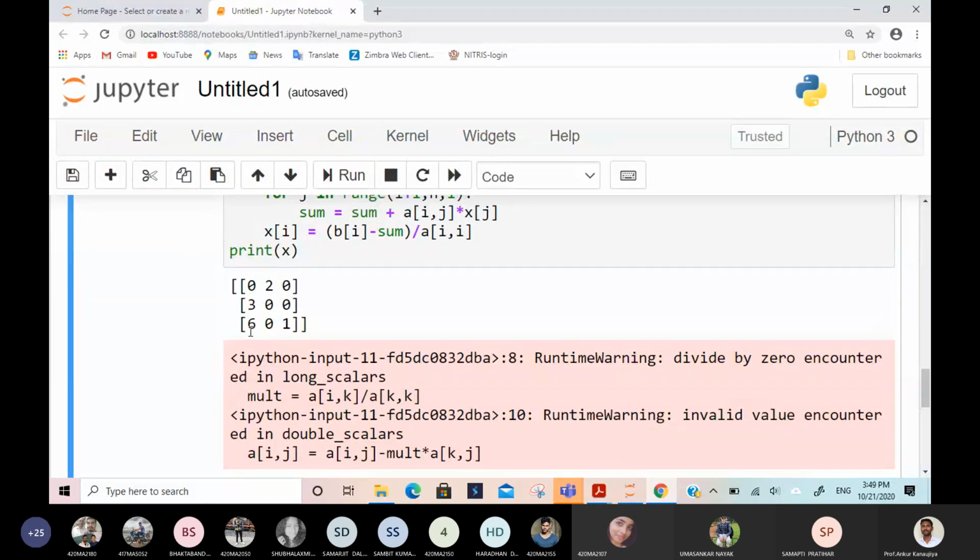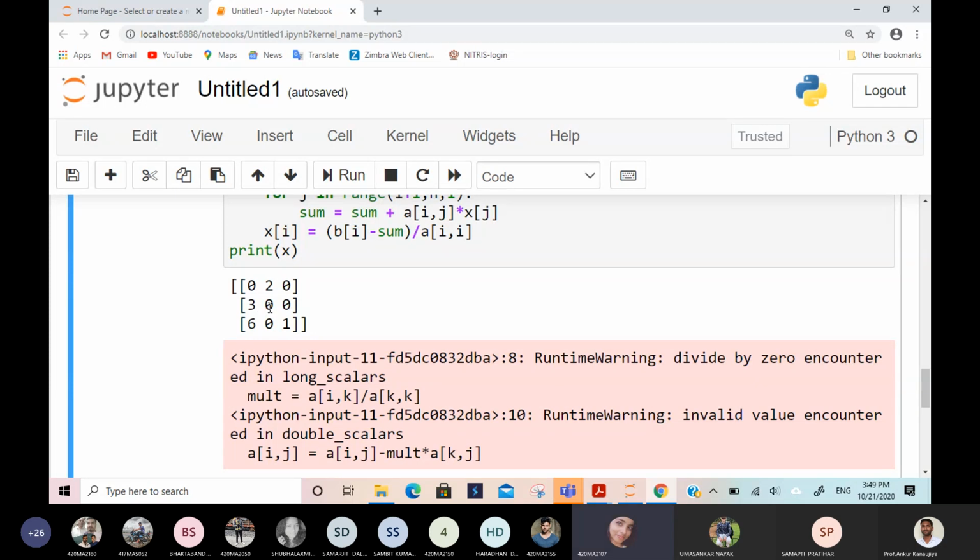Suppose you interchange the third row, maybe this is also 0, then what is the use? Like I previously showed you, even after interchange it will become 0. Suppose you interchange here, then there is no need, this will remain 0 only. This entry will never become non-zero unless you interchange this one. So how will the computer know which entry to change?